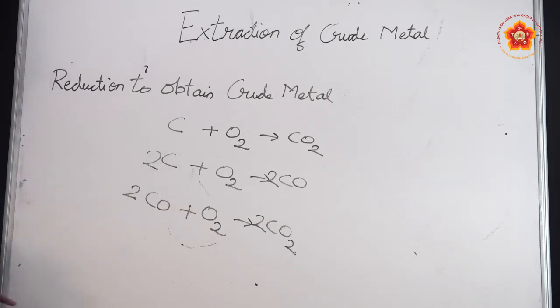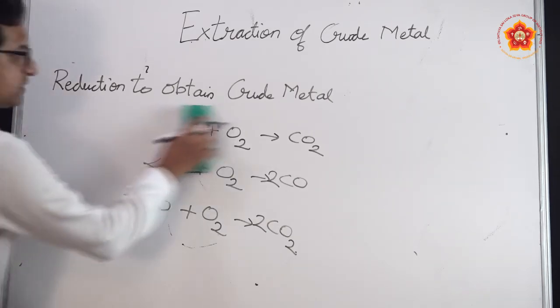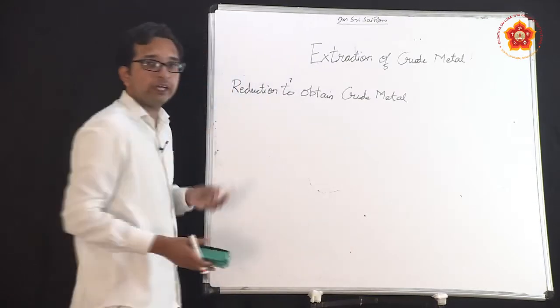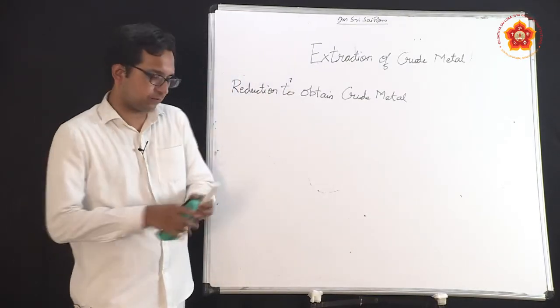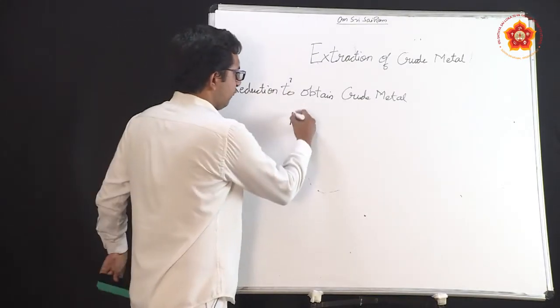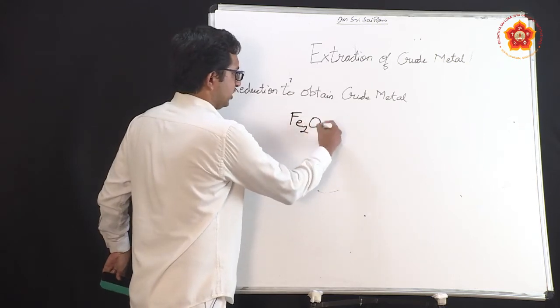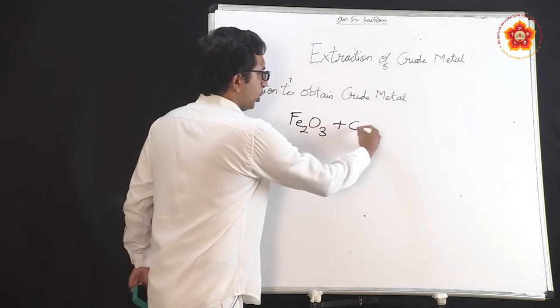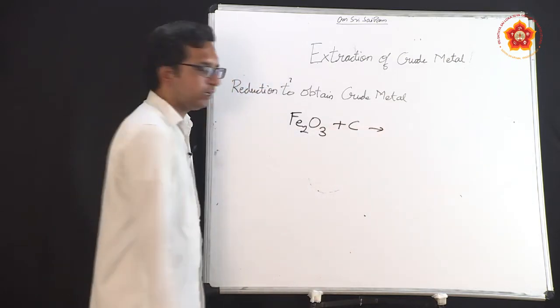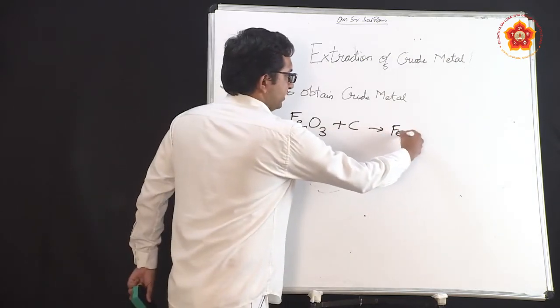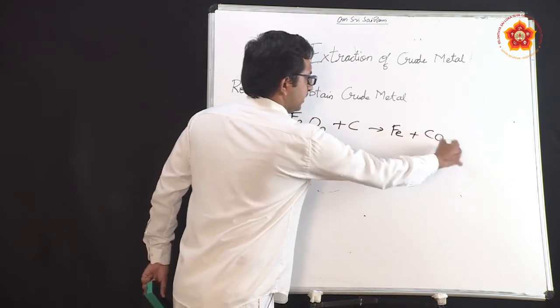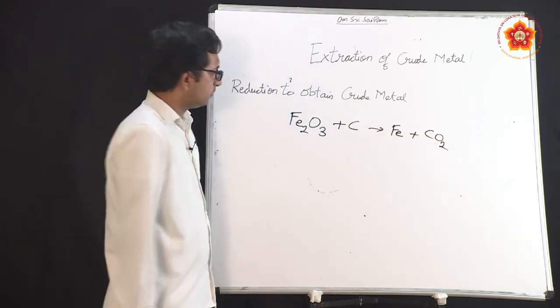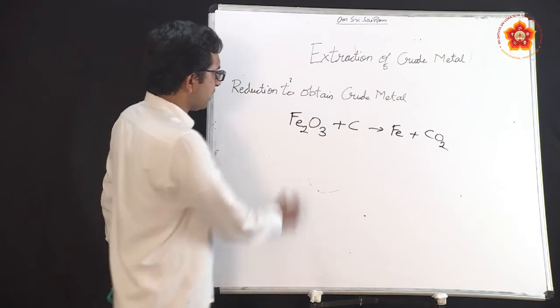So what is the next part here is, if I utilize carbon, I can get the corresponding ores which are being present. For example, if I take iron oxide, Fe2O3. This Fe2O3, if I employ carbon, what can happen here? I can get the crude metal, along with that I can obtain carbon dioxide. Where if I look to balance these parts here, this is,